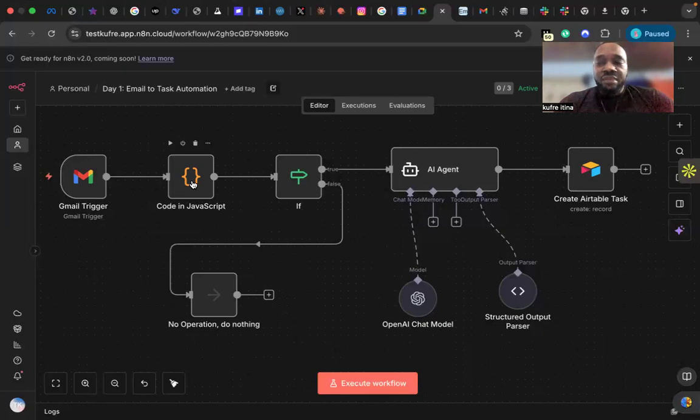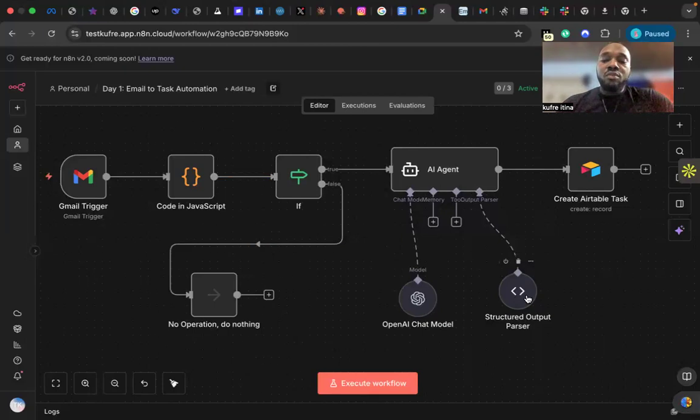Now, the main brain behind the whole thing is the AI agent, which is the fourth node, which I'm going to explain now. This is when it gets spicy. This AI agent is like the personal assistant that reads the mail. It actually reads the mail. It tells you if the task is worth it, what the task is, when the task is going to be due, if it's urgent, if you should even panic. Yeah, it does all of that. Then there's also another part that most people don't really talk about, which is called the structured output parser.